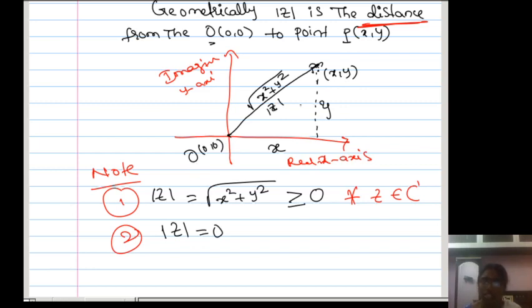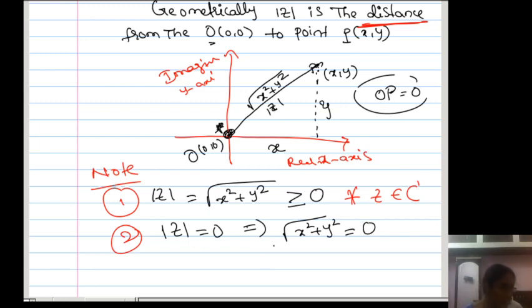When OP is equal to 0, when the distance from the point O to x comma y is 0, the point x comma y is itself here only. OP is itself, which means P, x comma y, is also 0 comma 0. Then only the distance becomes 0. So let us see its geometrical meaning, whatever theory I am explaining. Mod z equal to 0. When mod z, meaning under root x square plus y square, equals 0.